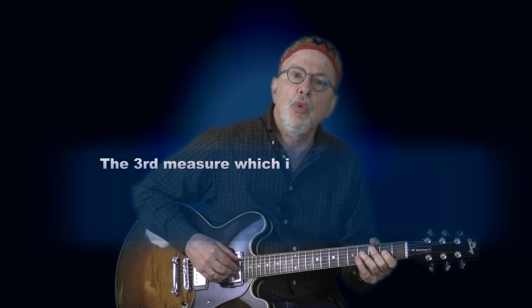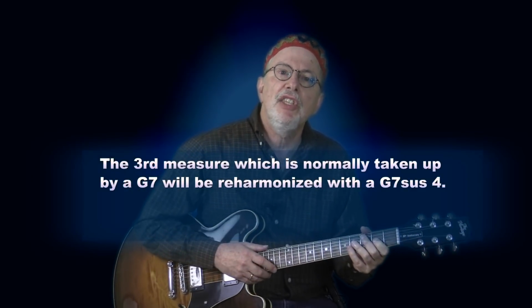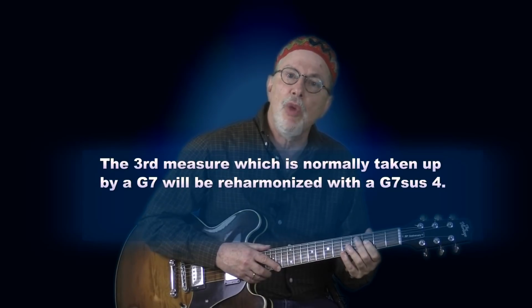The third measure, which is normally taken up by a G7, will be reharmonized with a G7 sus4. And so far we have